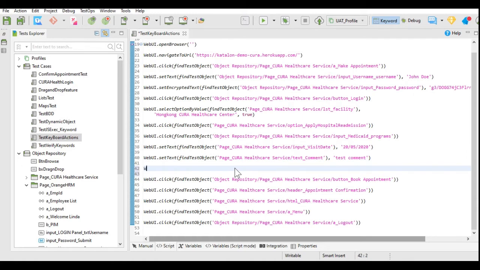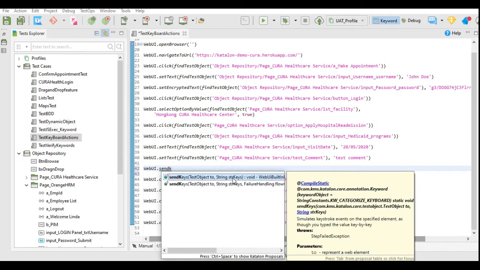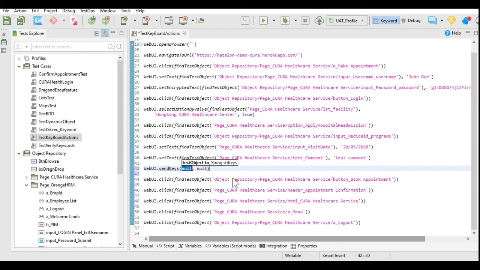For that, the syntax is WebUI dot sendKeys. We will use the one without the failure handling parameter, and we have to give the object and the string keys.